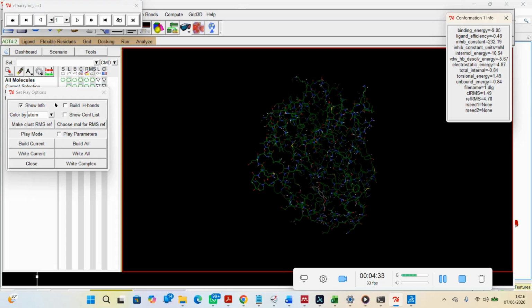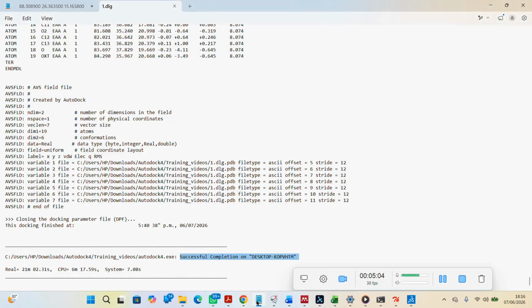We can now go on to show, build hydrogen bonds if there are any. So if there is, it will build the bond, and then you can now write the complex also. But we need to know, because if you're writing all the 50, it's always determined by your research anyway. In this case, I want to write the binding pose with the lowest binding energy. So we'll go back to our DLG file, then just Control F,